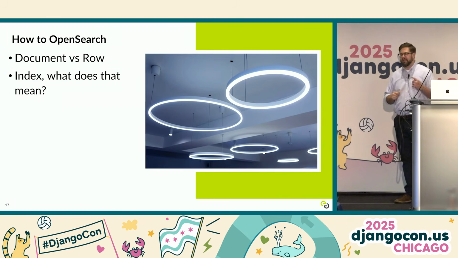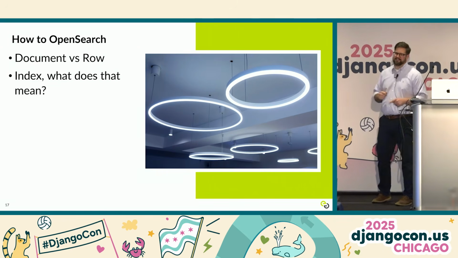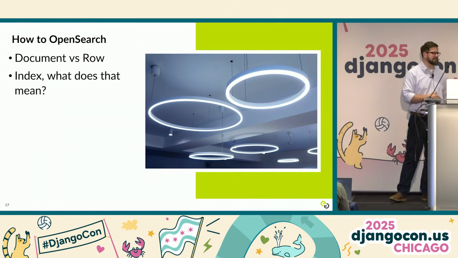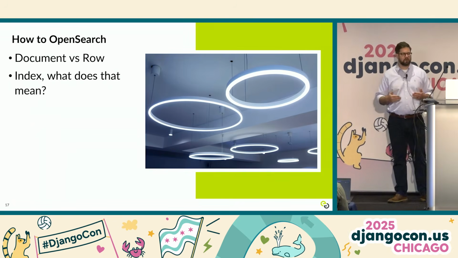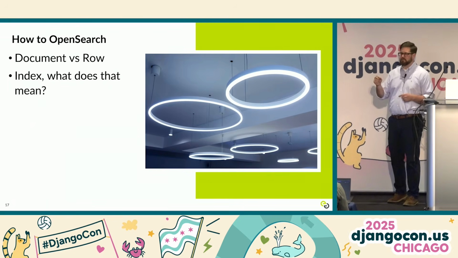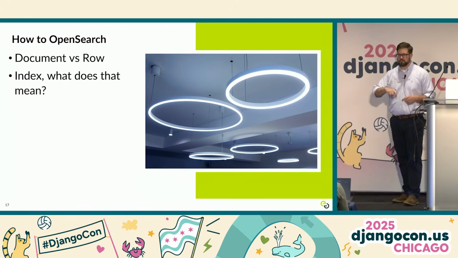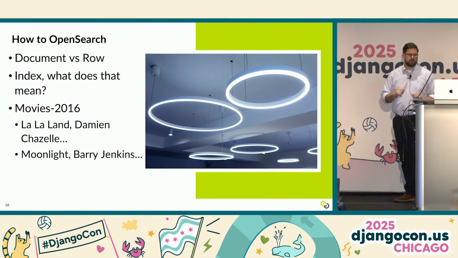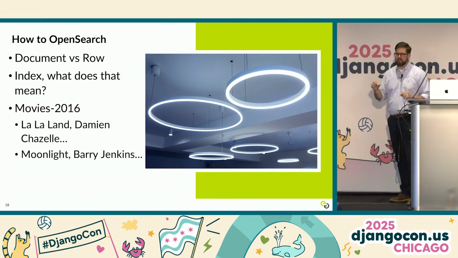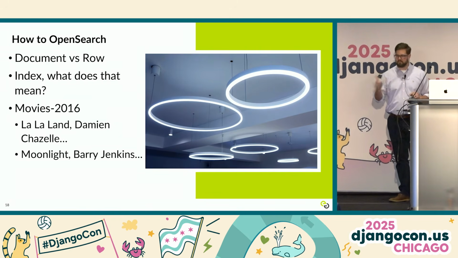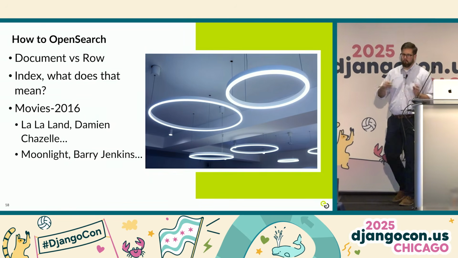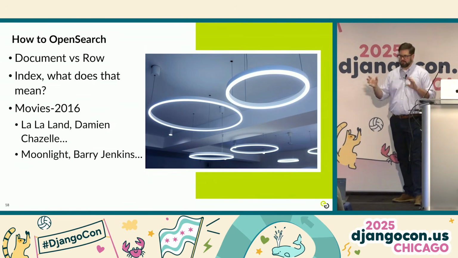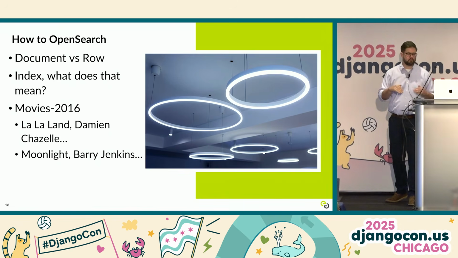The second is index, which is a very overloaded term in this context because in a relational database, an index is kind of like a lookup table to speed up your queries. But in OpenSearch, an index is simply a collection of documents. It's not analogous to a table in a database because you generally don't want all of your data for a given type to be in a single index for performance reasons. I won't get into why and how to break all that down, but suffice it to say, you don't usually store it that way. And so in a database about movies, you may have an index that's just for movies